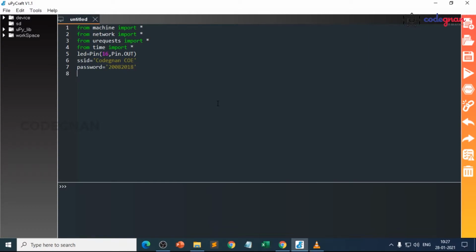Then write a function for connecting to the Wi-Fi. So define wifi_connect.